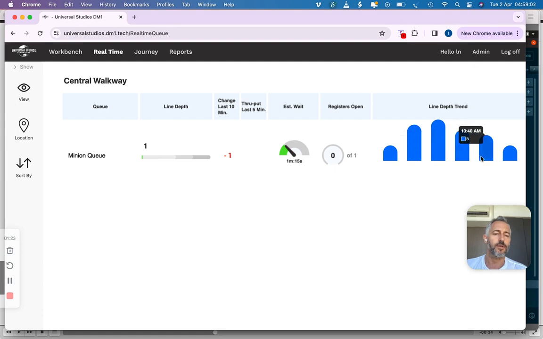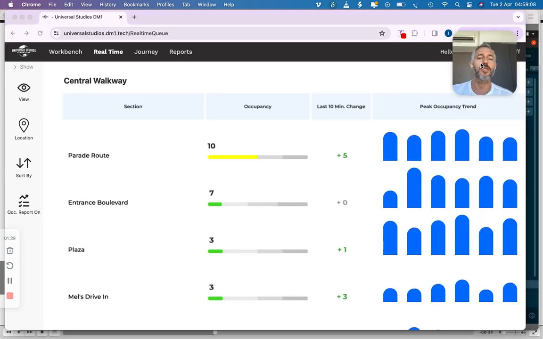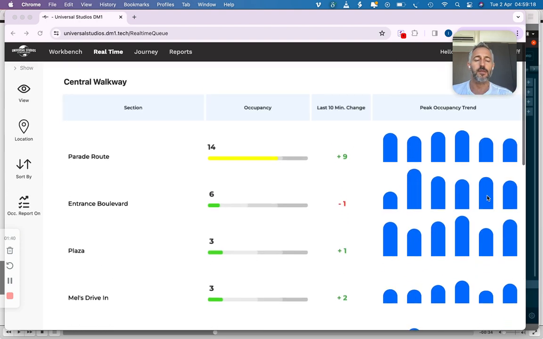hours of the day. As well, we can have the real-time occupancy of the different areas within the park. In this case, we have 12 people on Parade Road, 7 people at the entrance of Boulevard, and then there is the trend today, and as well for the entire attraction